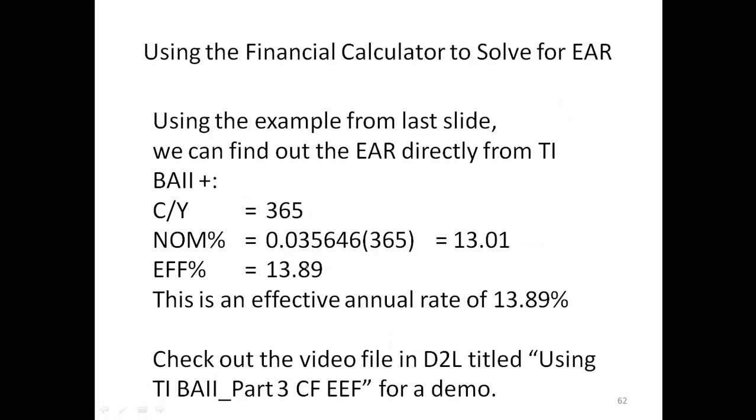Here, let me show you a shortcut to calculate the effective annual rate using your financial calculator. You just input 365 as C/Y into your calculator, and your nominal interest rate will be the daily interest rate simply multiplied by 365. So this is the nominal annual rate. Then you can compute for the effective annual rate,